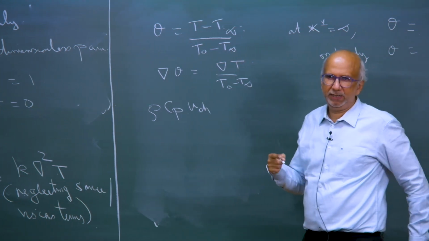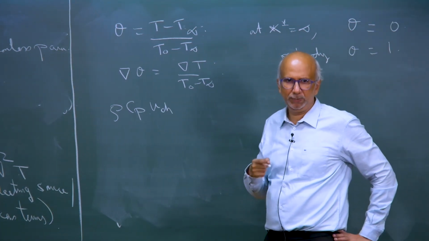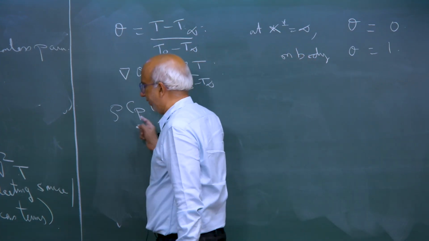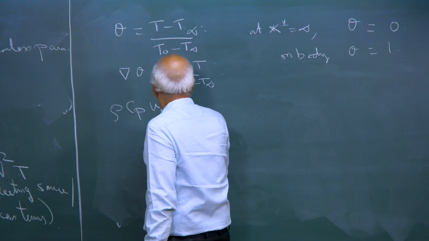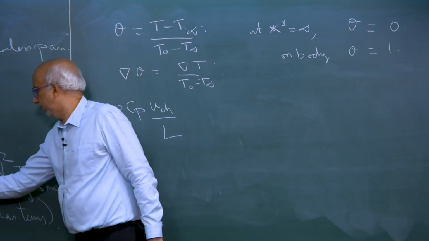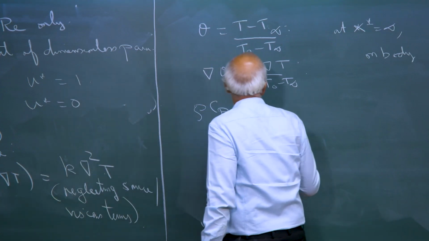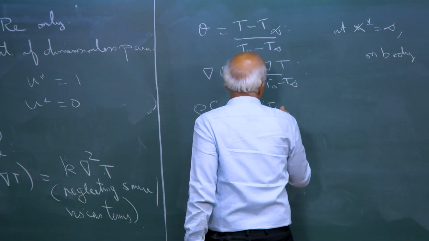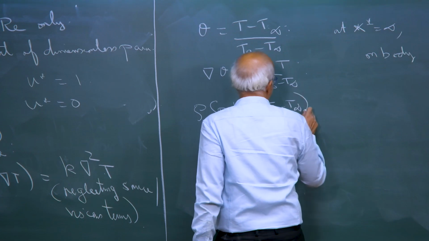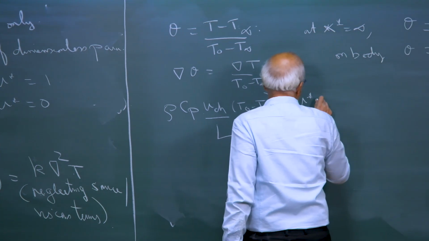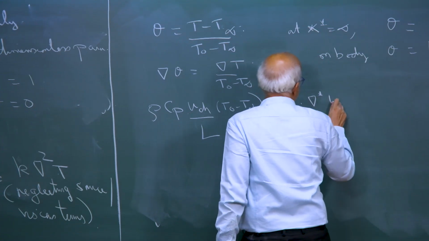The gradient is just, let us say, d by dx or d by dy. So now I get an L; I am going to make the length scale also dimensionless, and converting T to theta I get T naught minus T infinity times u star dotted with del star theta,